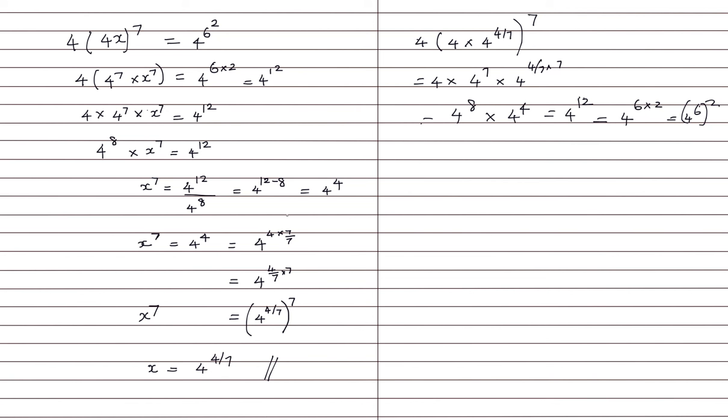So the important point here we have to notice, here 7 is there, here 4 is there. How to make it to the power of 7? That means we have to simply multiply and divide by 7, and then we have to move the 7 this side. So it will be 4 by 7 into 7. Then we can write in power 7. Then it will match. Okay. So x to the power